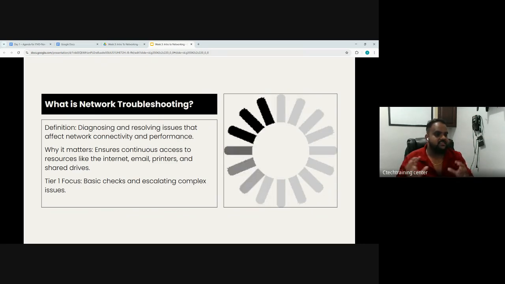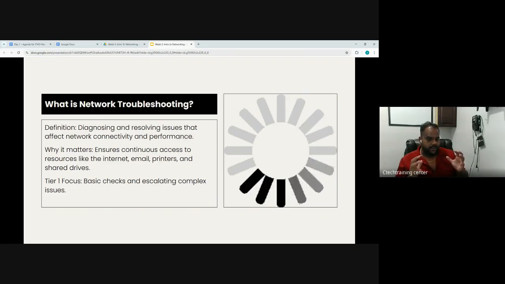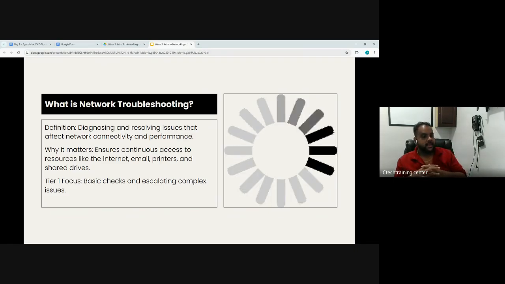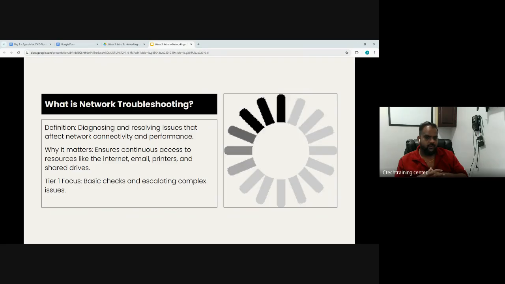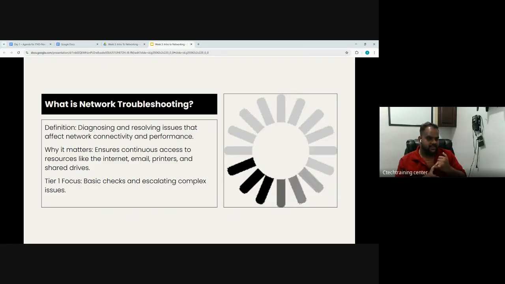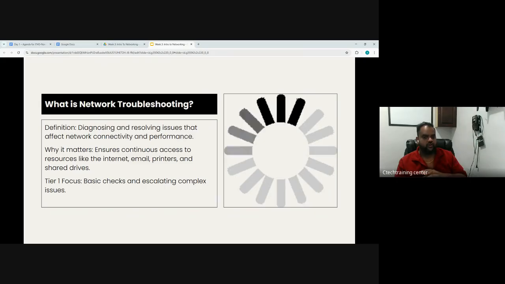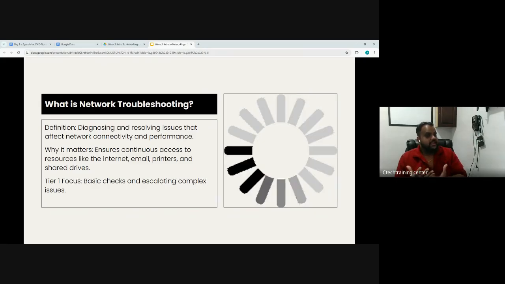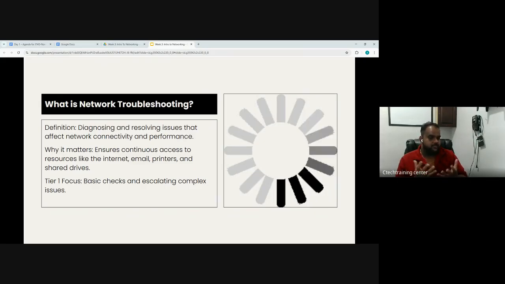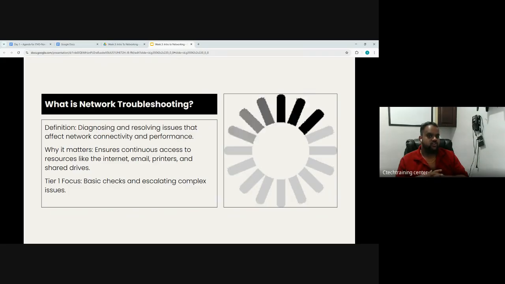These are the 4 main primary areas that, as an IT help desk analyst level 1 or level 2, you'll be focusing on: internet, email, printer, and shared drive access. When you're troubleshooting, you will never be fixing a network switch, assuming most companies. But you'll be making sure that you can properly diagnose and pass it on to the next team.